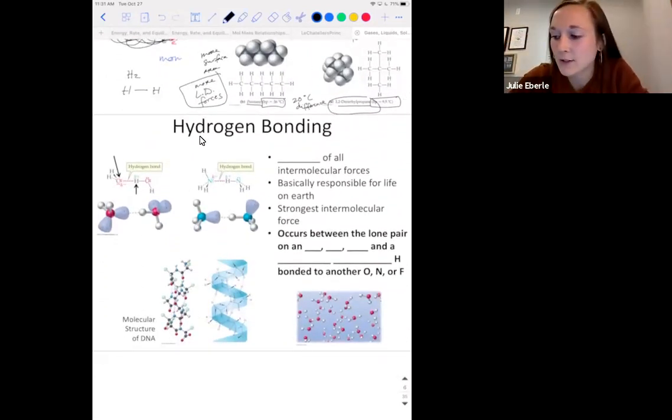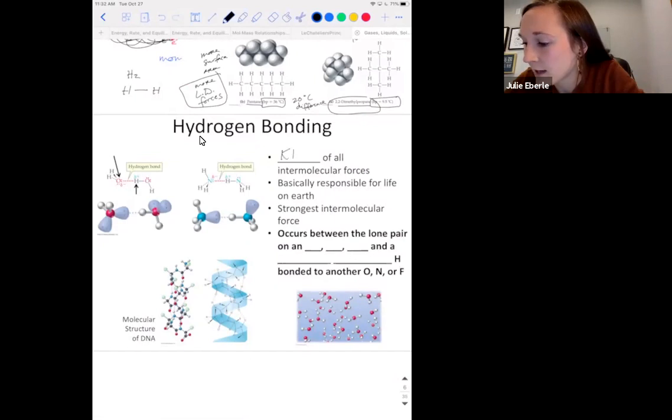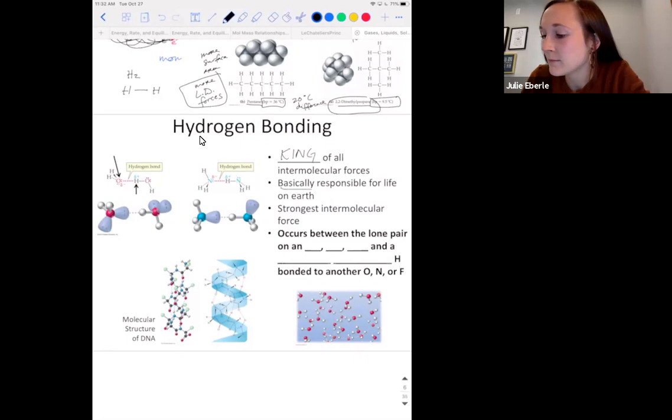This one actually pertains to something we owe our greatest and deepest respect. Hydrogen bonding is the reason that water is a liquid at livable temperatures compared to a gas. If we did not have hydrogen bonding, we would have to do a whole lot of work to have liquid water. But we have the perfect temperature zone, and water molecules experience hydrogen bonding, and that's why we have liquid water on Earth. Thank the Lord. So because of that, I'm going to say they're the king of all intermolecular forces. Basically, because they mean we have liquid water, they're responsible for all life on Earth. We could not survive without water.